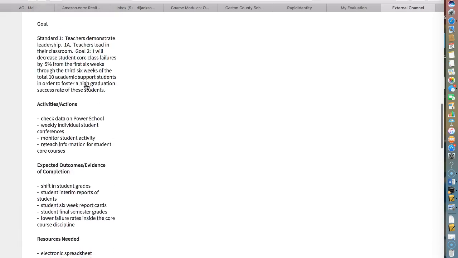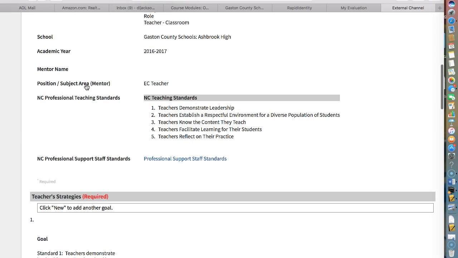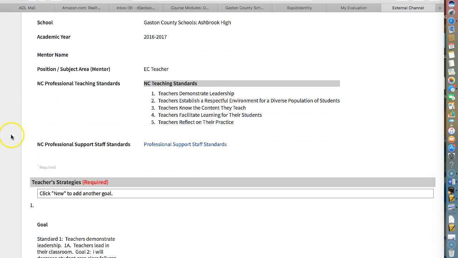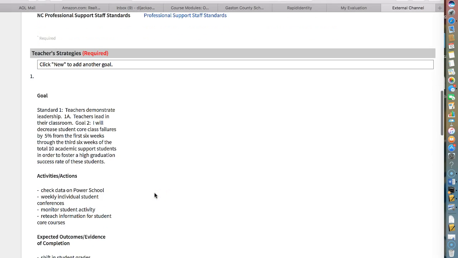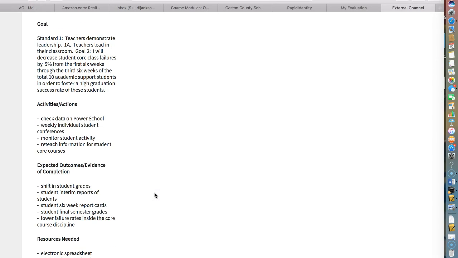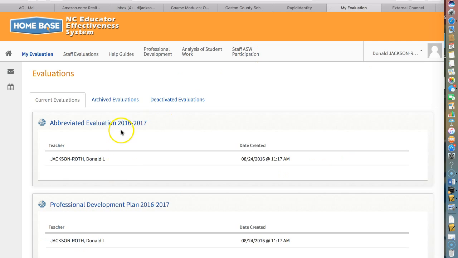I may have locked mine by accident, but it's going to say click new to add another goal. I don't have click new because I've already added my 2 goals. So under teacher strategies, you're going to click OK. If you look right here, here's my goal. My goal is standard 1, teachers demonstrate leadership. I copied and pasted that directly from over here,